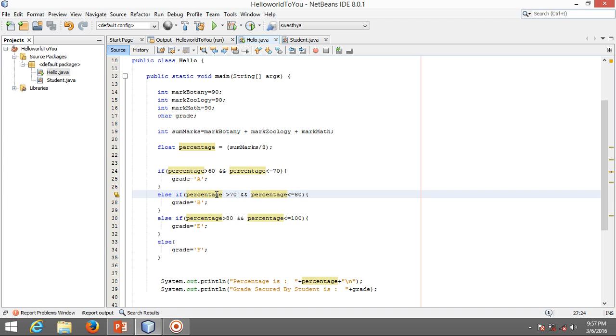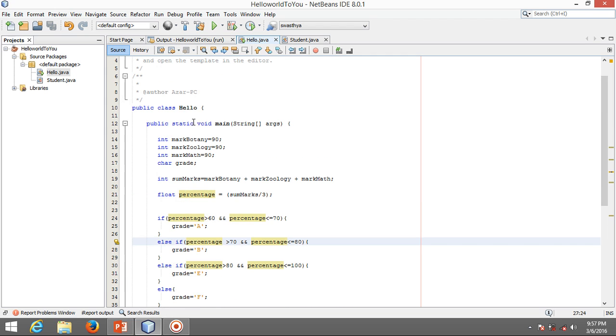Now in the next chapter, in the next session, we'll learn what is a class. If we are writing this class, what does it mean, and what is abstract data type. There is something called abstract data type, ADT. We are going to learn that in the next session.